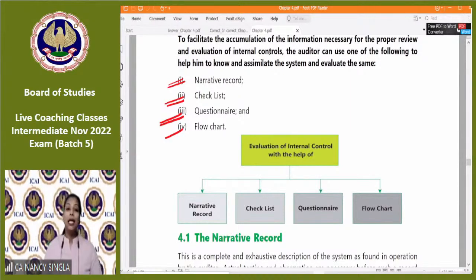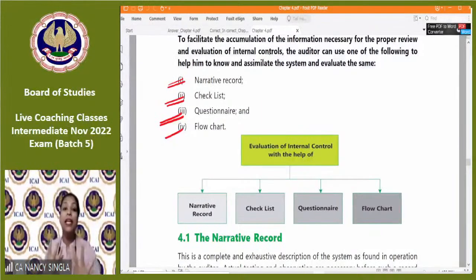Okay. Now, we were discussing regarding evaluation of internal control. Now, when we are evaluating the internal control, one of you were asking, ma'am, can we perform audit procedures while evaluating? Yes, we can. But how to gather all that information? So those methods are given, which are what? Narrative record, checklist, questionnaire, and flowchart. Okay. Now